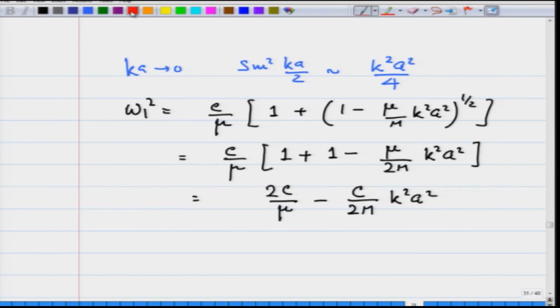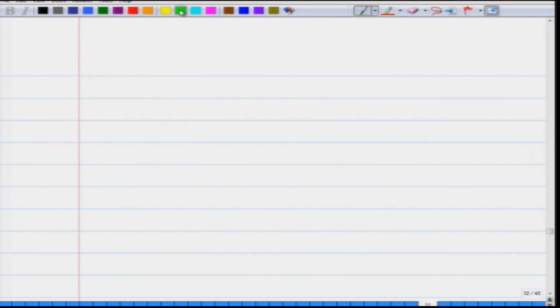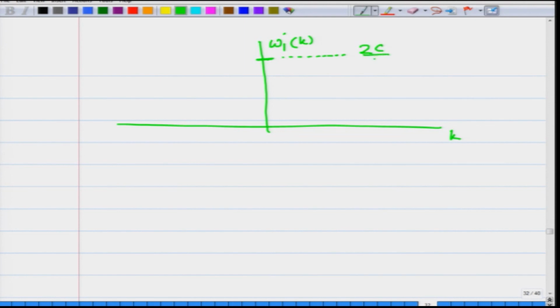So, near k equal to 0, omega 1 square is equal to 2 c over mu minus c over 2 m k square a square. How does it look? So, let us plot this. If I plot omega 1 k versus k, you will see that it has a value out here which is 2 c over mu, which